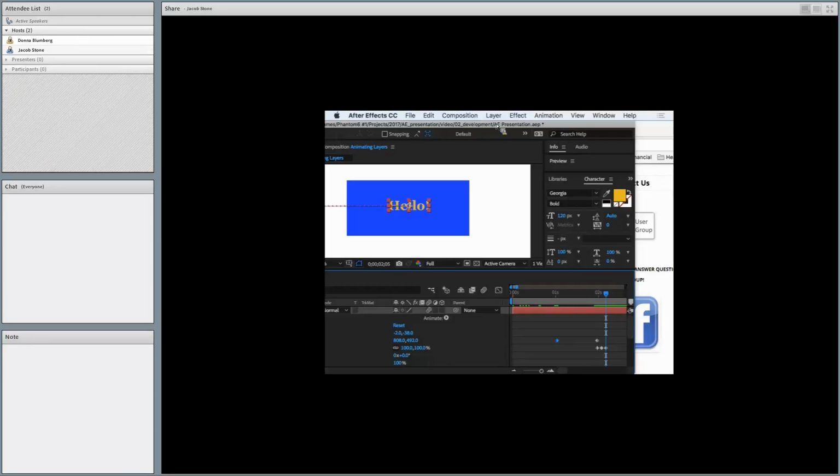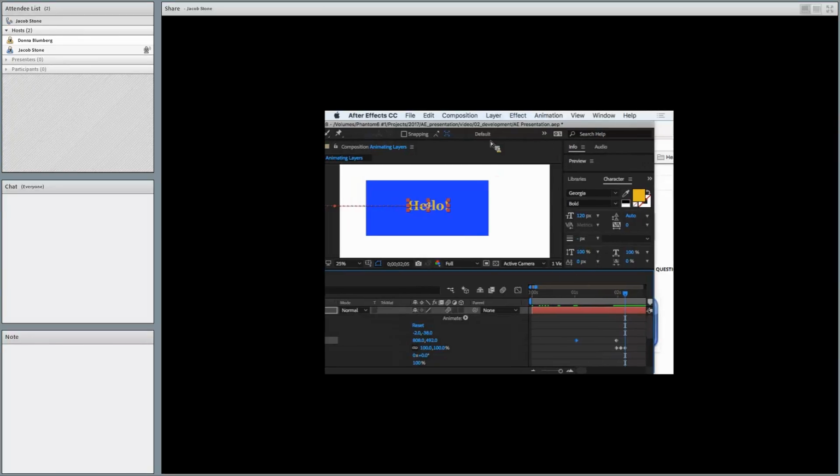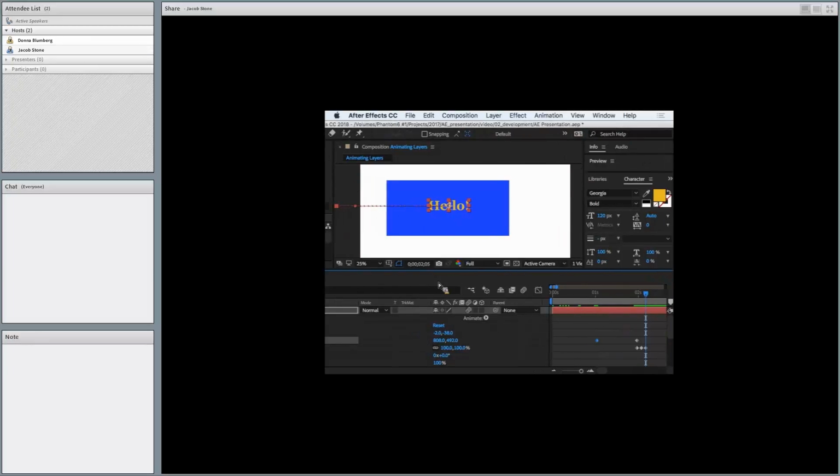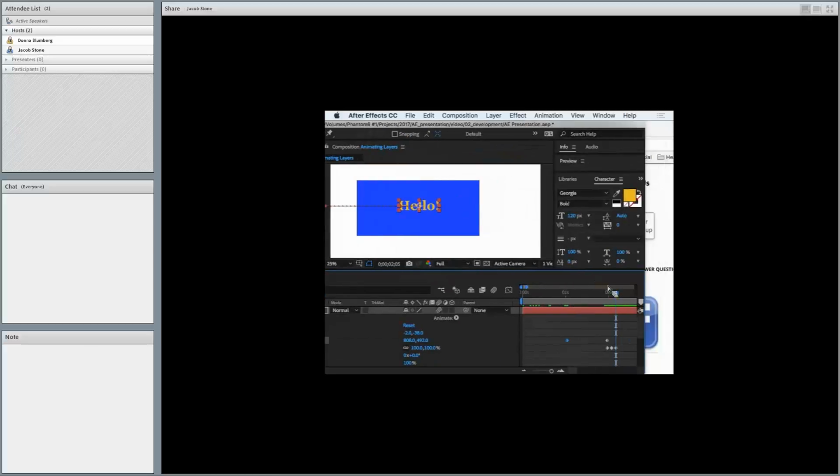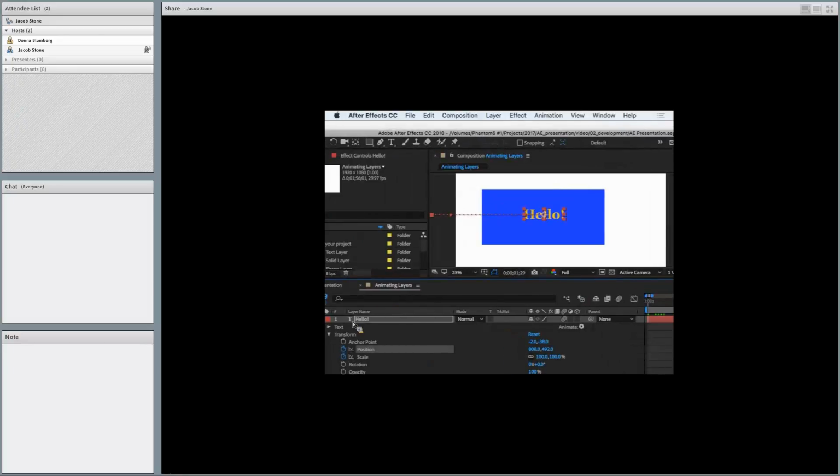What I'll do here is I'll set the scaling parameter right there by hitting the clock option as well. I'll go back to the original point where it just comes in, and I'll hit the keyframe again, because when you do any motion parameters, if you want everything before and after to stay in the same area, you have to set the stop and start, or else After Effects will start